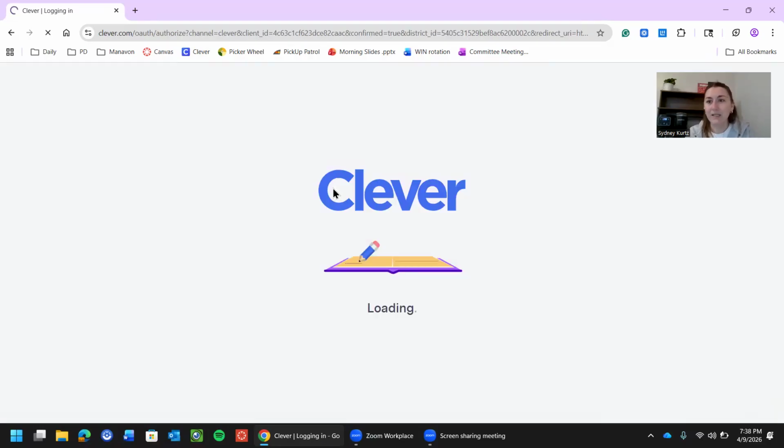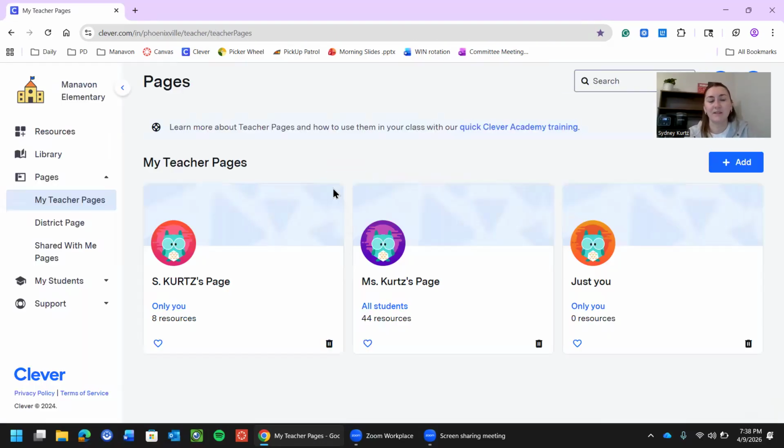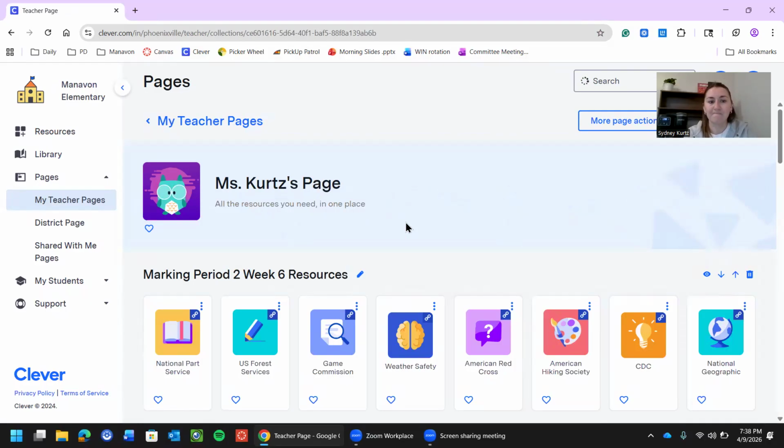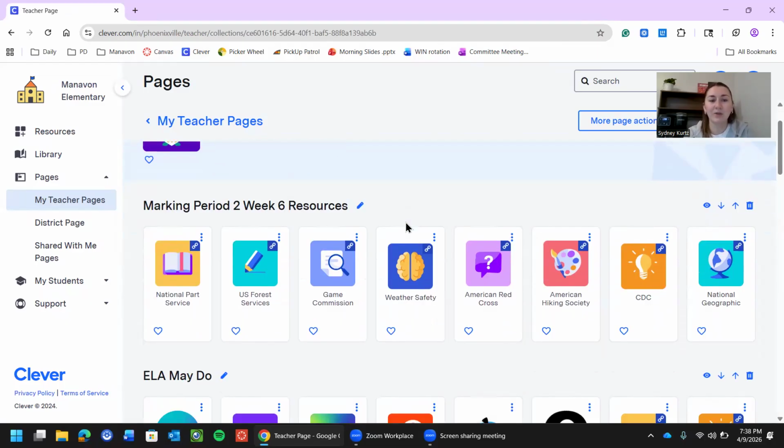Once your Clever loads, you're going to see all your teachers' pages. So you might see your math teacher, your STEM teacher. You're going to be looking for Miss Kurtz's page. It's the purple owl. When I click into Miss Kurtz's page, I'm going to see all these really, really great